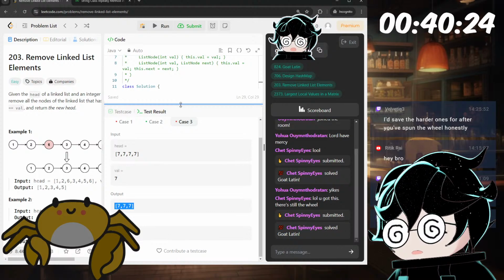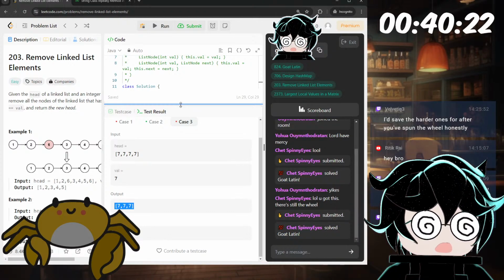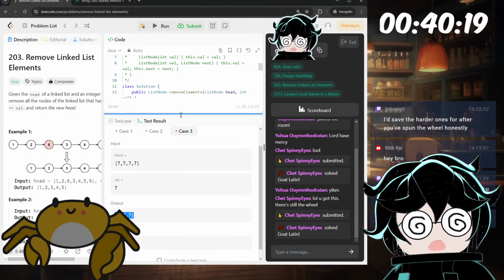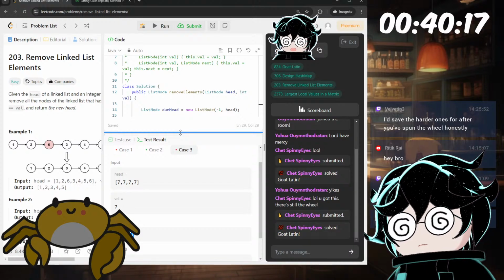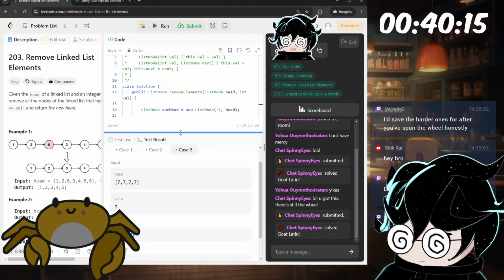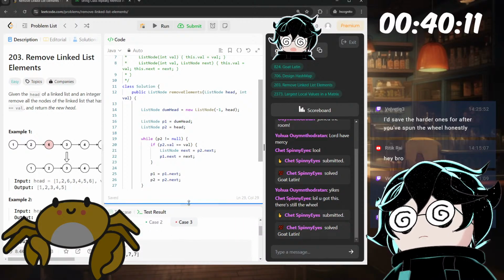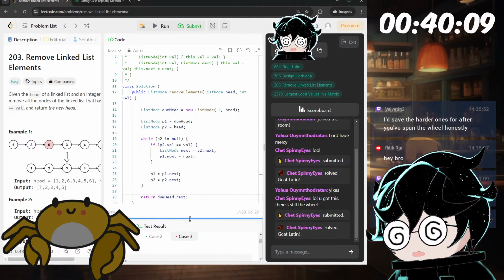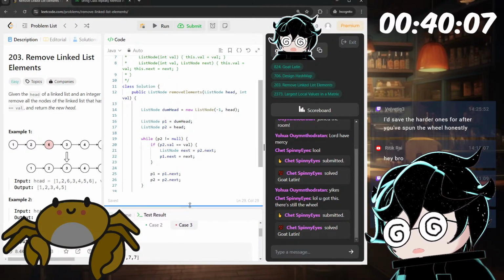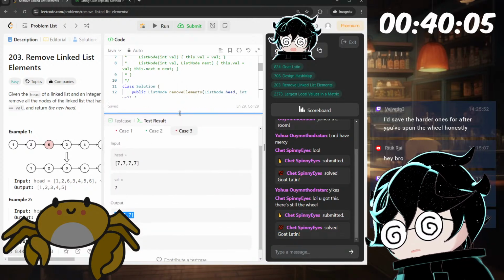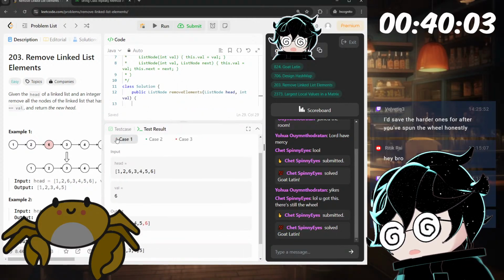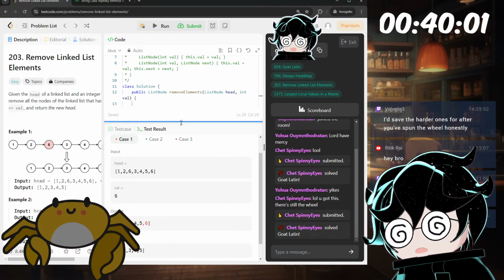No. Why? 20 seconds left until the wheel. I have no clue. If p2.value is equal to value, yeah. Would it be better to look at this case first?